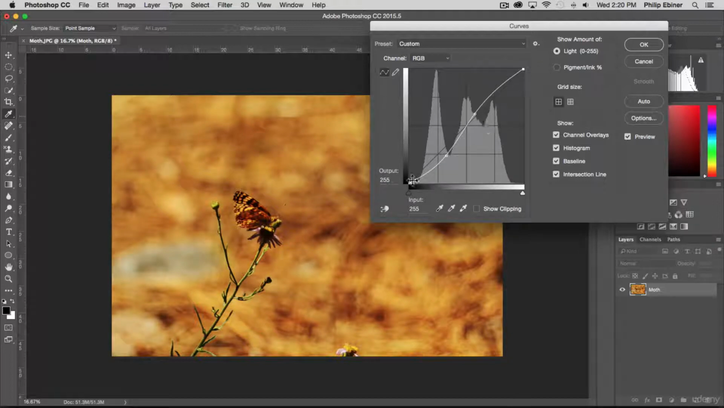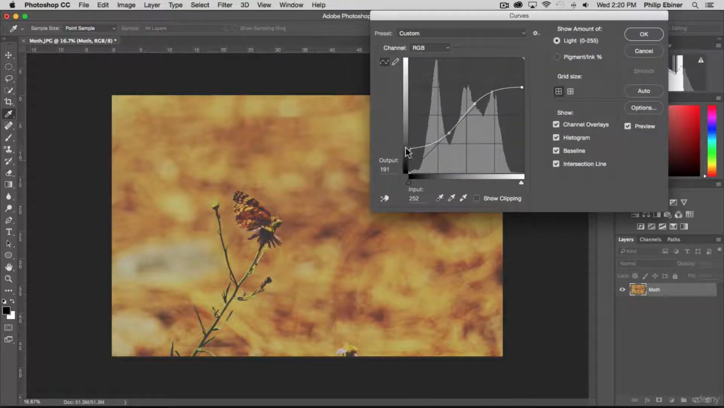You can click the points in the top rightmost corner or the bottom leftmost corner to edit the highlights, or to edit the whites or the blacks of this image. So dragging this up makes the image flatter. If we have a really small, short S-curve, the image is very flat. If we make it very tall, it's a very contrasted,